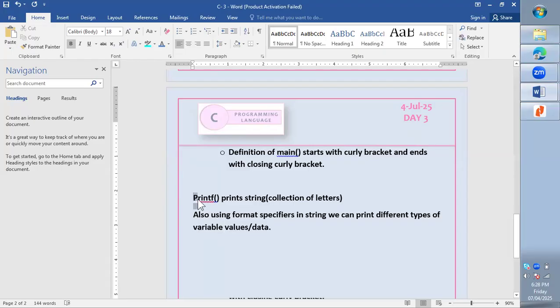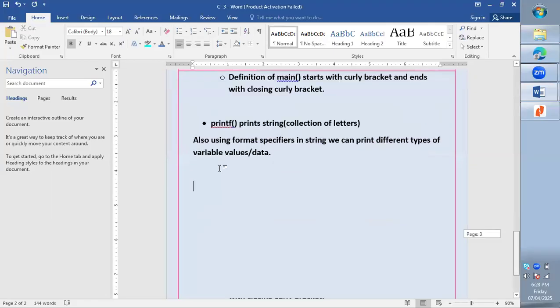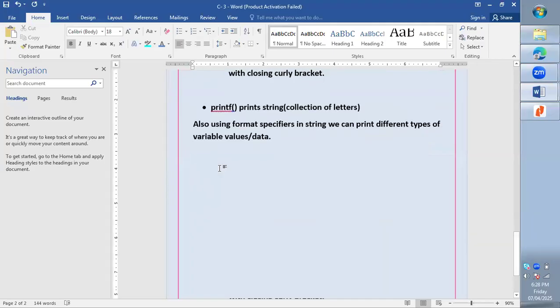So printf will print the string that is present in the double quotations. But in case you want to combine a variable value, then you can use a format specifier. For example, I'm giving it here. With printf, if you want to print a string like this, but you also want to print some number along with it,